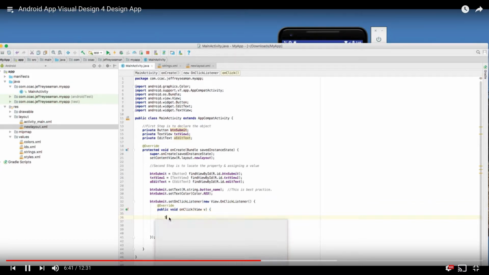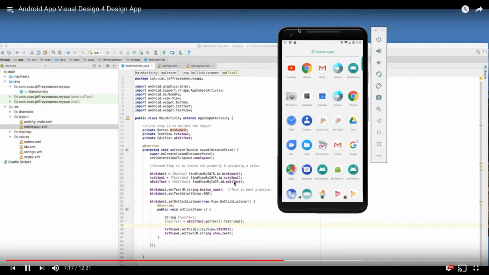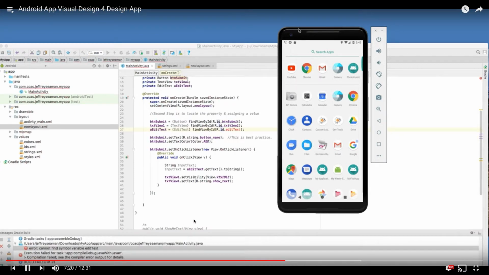All right, so I'm going to come down here and declare a string, input text. Then I'm going to use that input text to do something with it, which is probably going to grab the edit text information. When you do a dot, you get these options. We need to do get text and convert it to a string. What that means is above we have this edit text here, but now we need to grab that value and